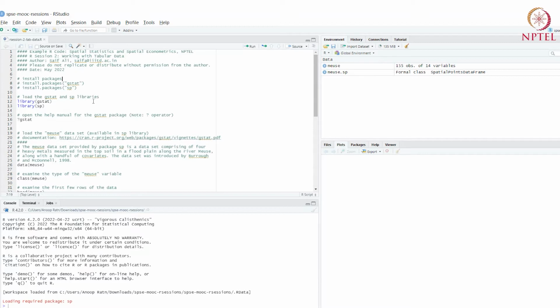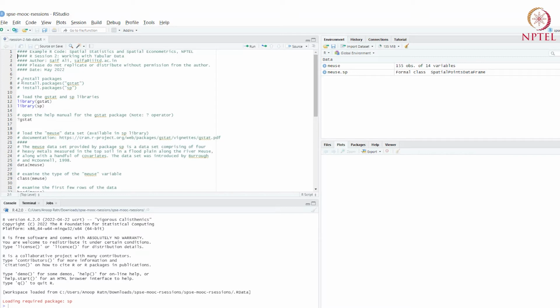At first, you will notice the color coding, right? The different lines of code are in different colors. Any line that starts with a hash is called a comment. If you want to write something inside an R script that you don't want R to understand or try to decode, it's just a comment, just a note. You put a hash at the beginning of that line.